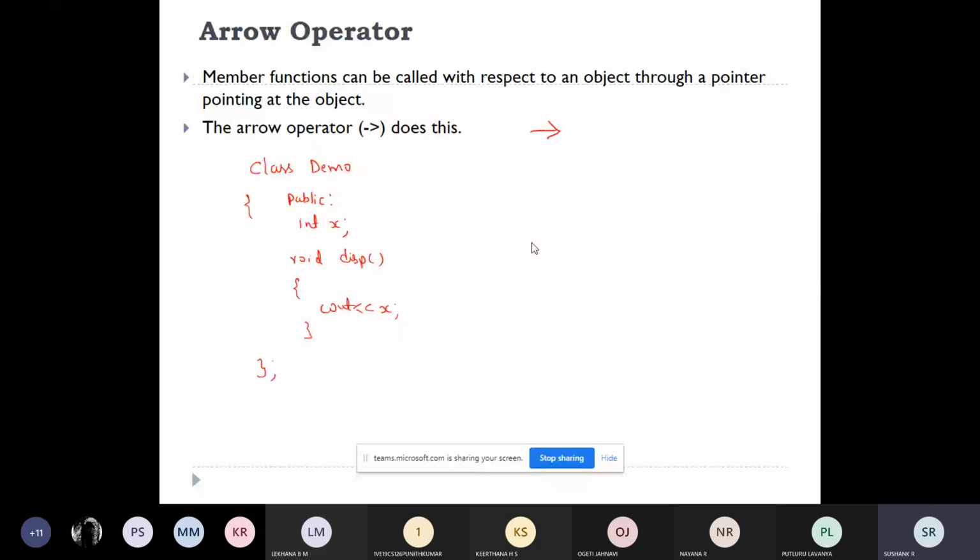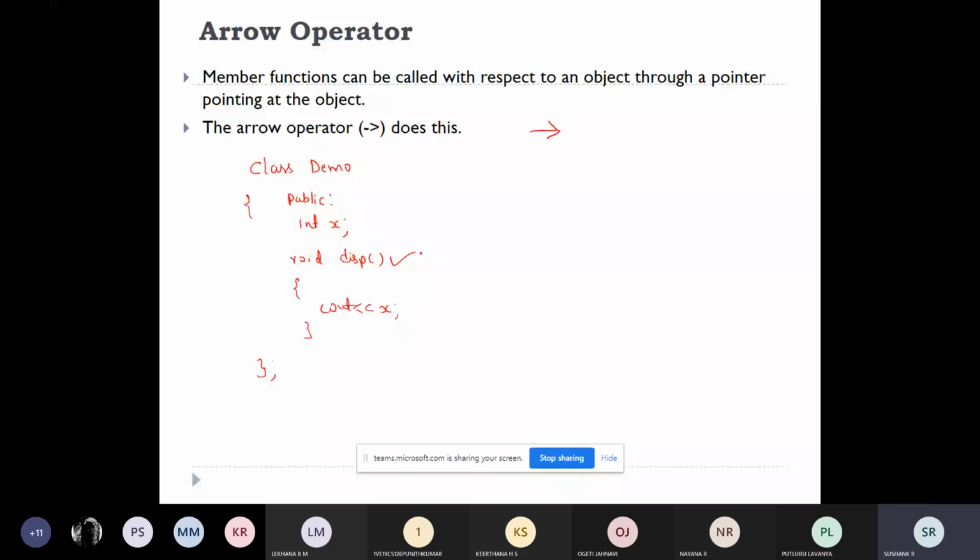This arrow operator will be used to call a member function through a pointer. I want to call this member function display. How can I do that through pointers? How can I do the same operation using pointers? The first thing is I have to create an object.